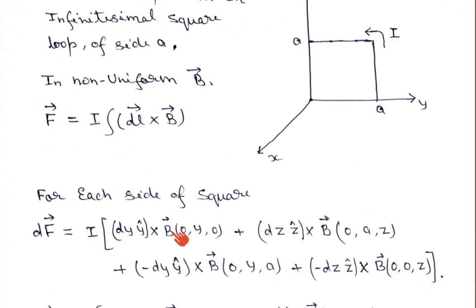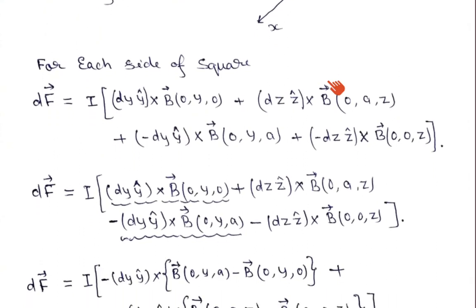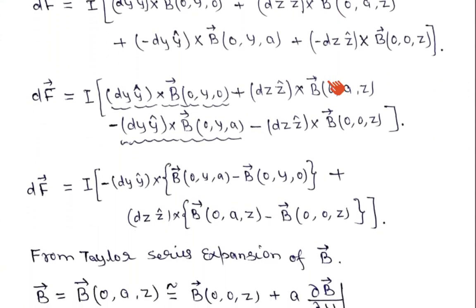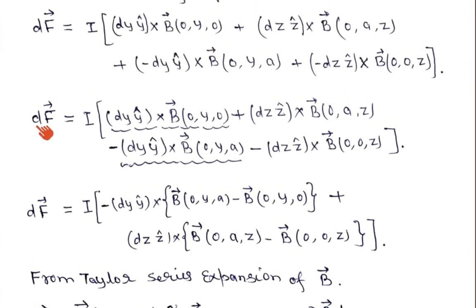Now if we are able to find out this magnetic field, and this magnetic field, then we can calculate the force on each side, and since we are adding up these forces, that will give the net force on the dipole. So if you try to find the forces, dF is equal to I dy y unit vector cross product B vector at 0, y, 0 plus the others. Again I have written the same thing, so this plus sign becomes minus, and here this plus sign becomes minus, so that is why I have written minus and minus.